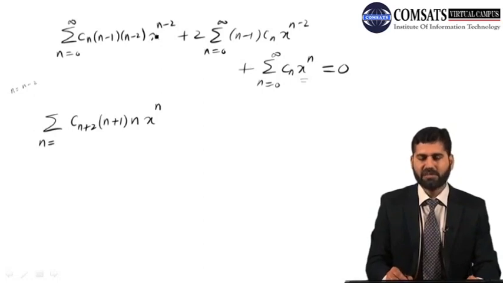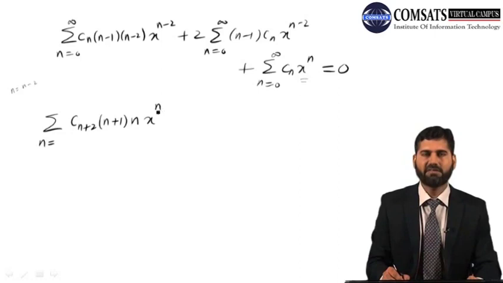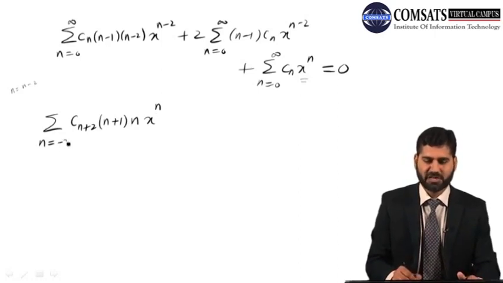Because n is equal to 0 gives you x to the power minus 2. So here n is equal to 0 will give you 0. So we don't want this. So it should start from minus 2 to infinity. Similarly,